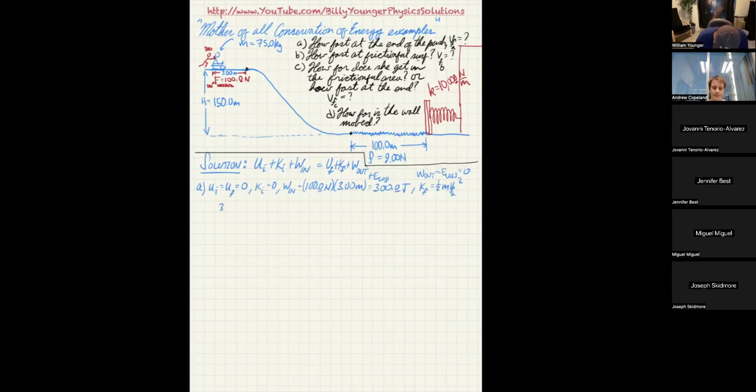So that gives me 300.0 joules. That's 0 for the work in, or excuse me, for the potential energy, plus 0 for the kinetic energy, and then 300 joules for the work in. And that's equal to 0 for the final potential energy, plus 1/2 of 75.0 kilograms times V final A squared plus 0 plus 0. So we can find that